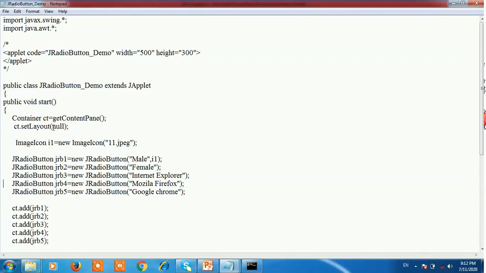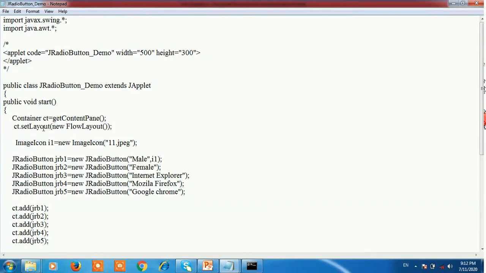So here we use null. You can also use the flow layout, setLayout new FlowLayout. So the flow layout is set using the setLayout method.